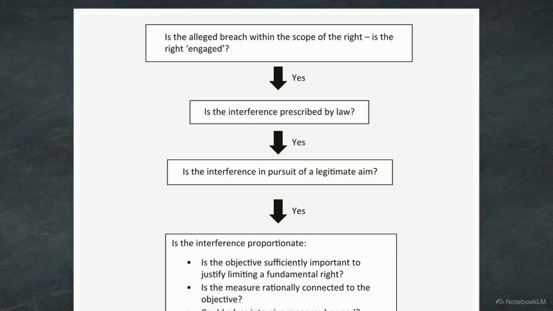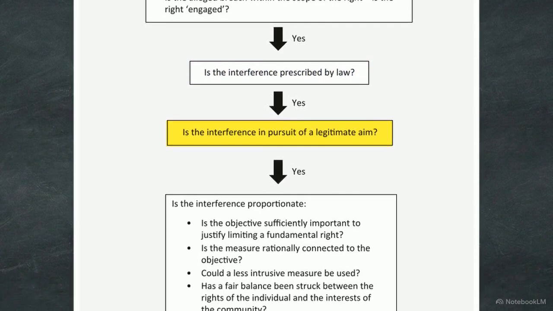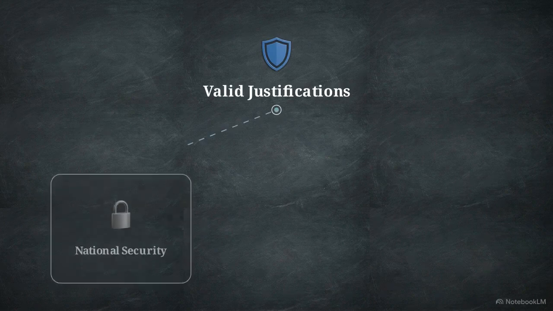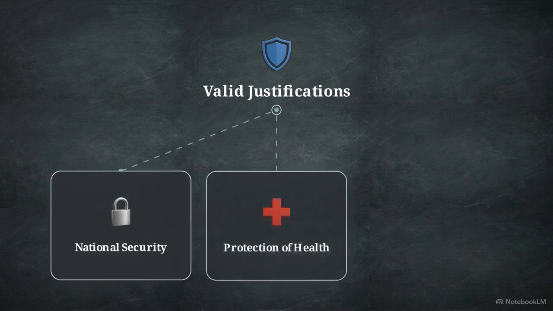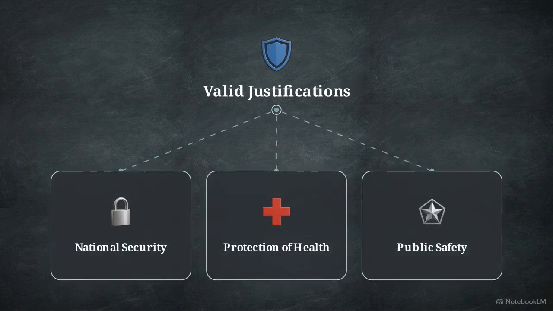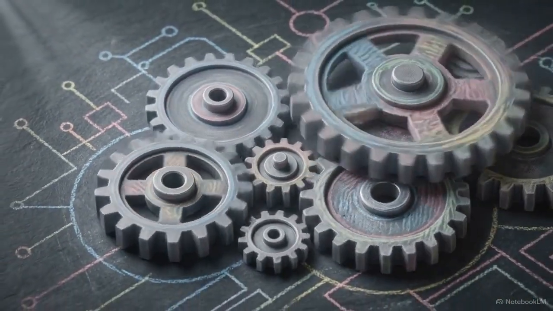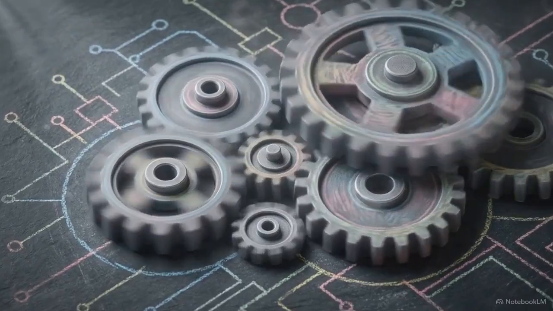Once a right is engaged, the burden shifts to the state. They must first prove their interference is prescribed by law, meaning it has a clear, accessible statutory basis. Next, the state must show the action pursues a legitimate aim. The European Convention on Human Rights explicitly defines these aims. They include the interests of national security, the protection of health, and public safety. If the state clears those two hurdles, they face the final and most complex stage of the engine, the proportionality